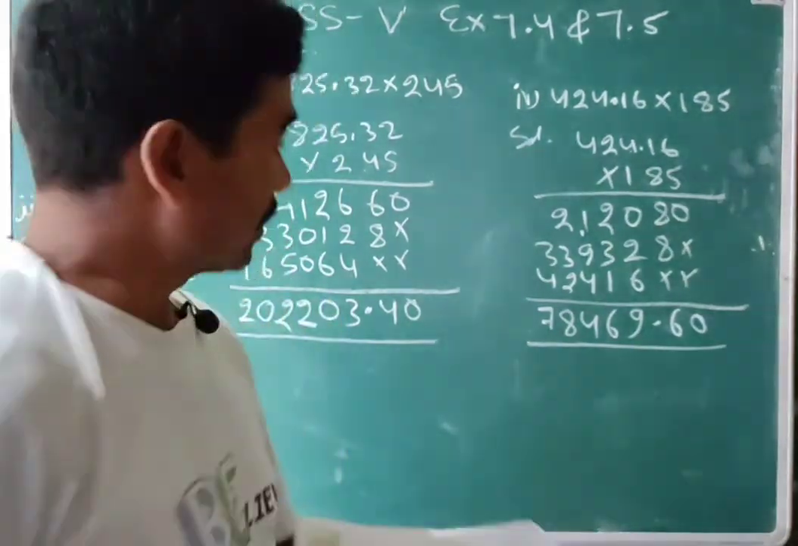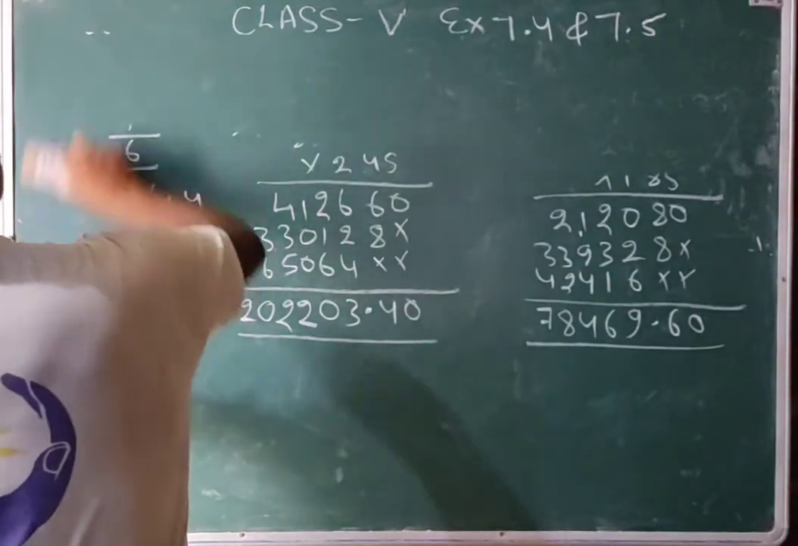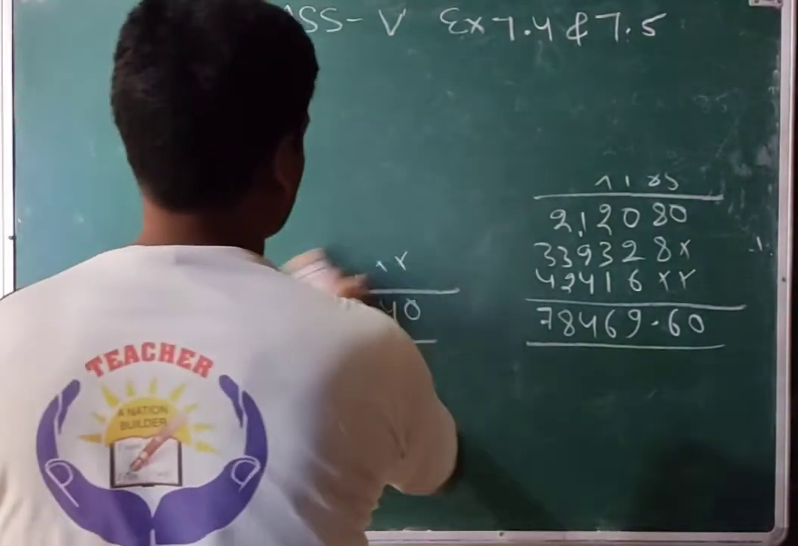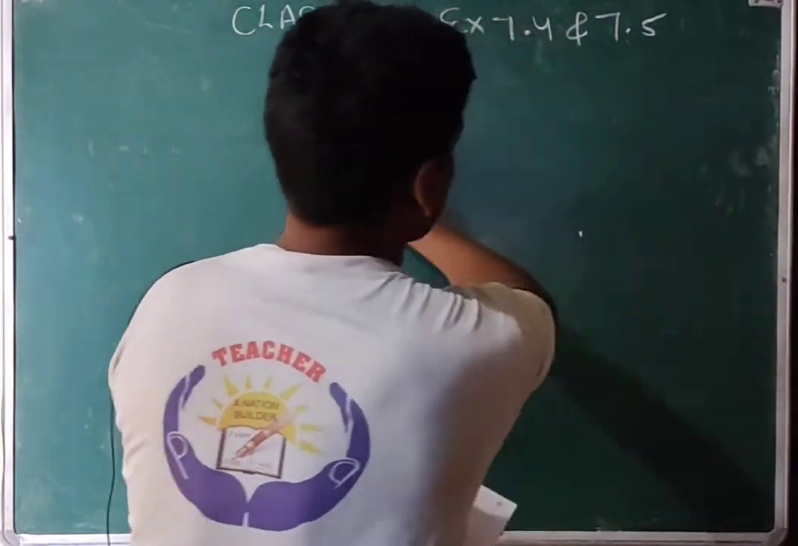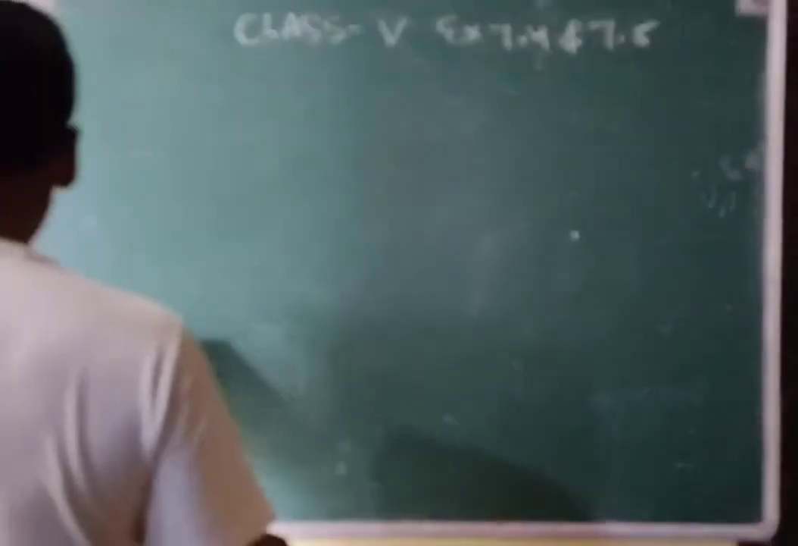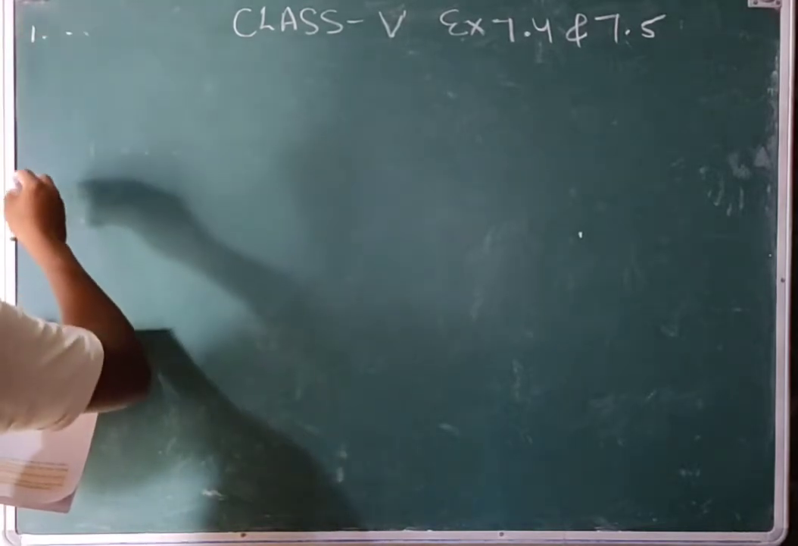And then the next exercise 7.5 is also easy and similar also. Something will be different here, a very minor difference. So see that. Find the product. First one, that